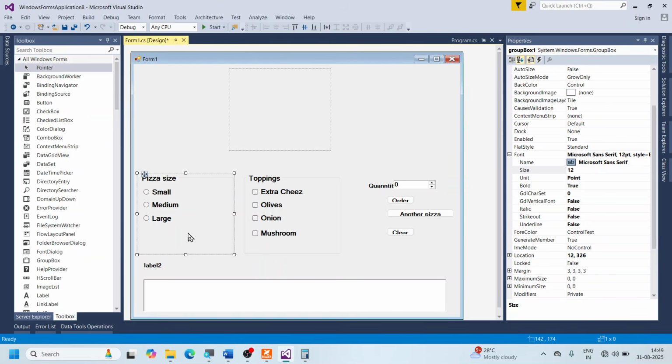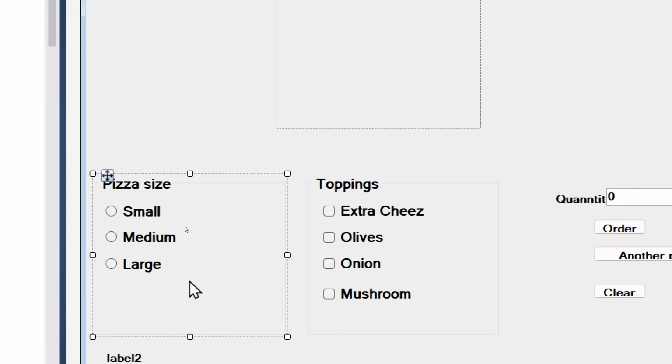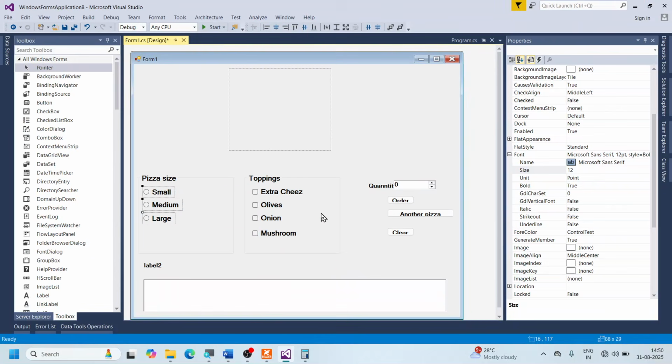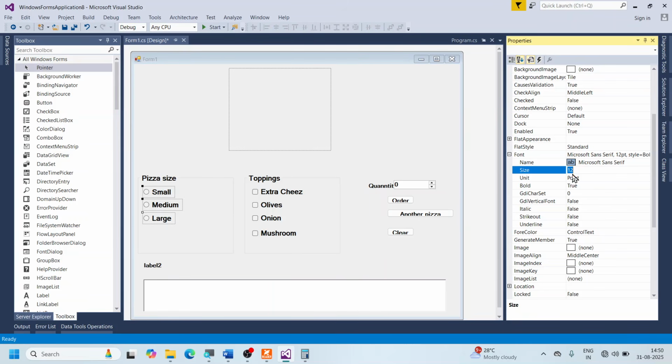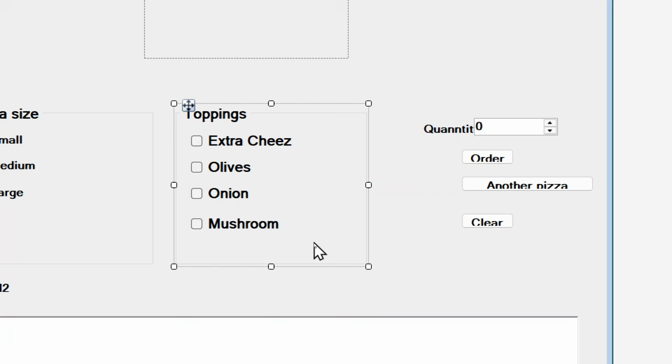How do you select it? See, the idea is you click outside, don't click on any of them. Create a box around them. Can you see it here? And then make the size 10. Go to the font and then make the size 10. So they become smaller. Again, click outside,